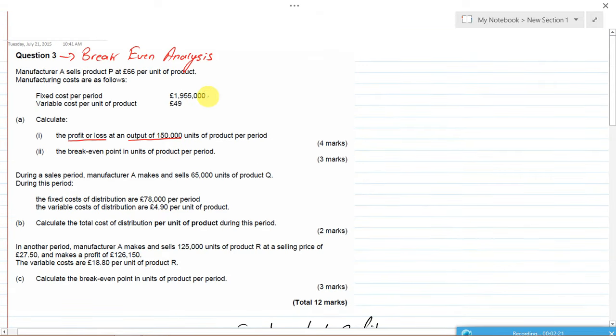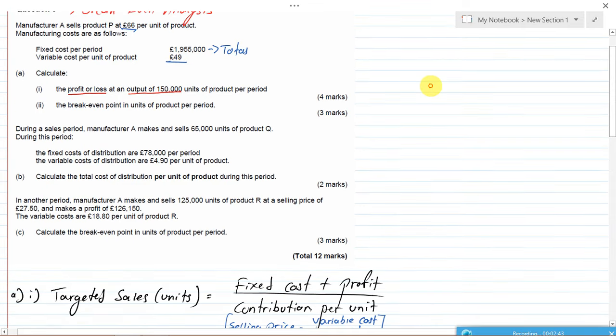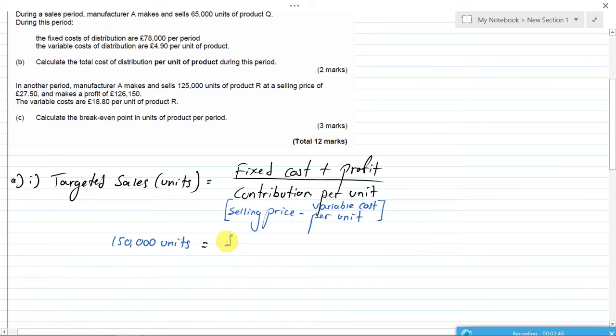Fixed cost is given. Now remember, fixed cost must always be in total. It cannot be per unit. If the fixed cost is per unit, please change it into total. Okay? And you have your selling price and you have your variable cost. So we can start working out our calculation. Over here, fixed cost is going to be 195,500 plus the profit, over selling price 66 minus